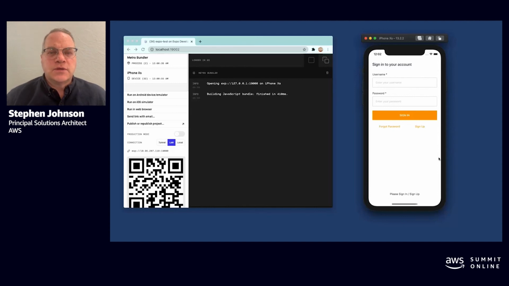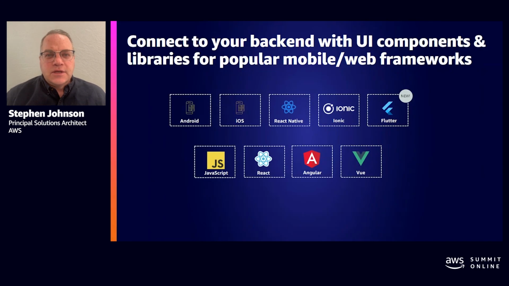So one of the things I mentioned earlier is that mobile developers have to determine which platform they're going to develop their application on. And when they were creating Amplify, the mobile team at AWS did a great job supporting a number of our customers' favorite platforms. It covers everything from JavaScript, different flavors of that, to native iOS and Android, and cross-platform options like React Native, which we just saw, and Flutter, which is another cross-platform environment for mobile. So the choice of what we work on is actually up to our customers.